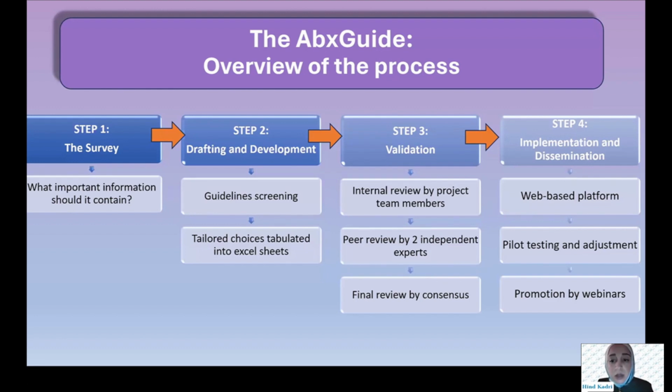We compiled a large amount of evidence from the international guidelines, and we tailored it, depicted certain information in a way that's suitable for low-resource settings. Then we tabulated the data, followed by an initial review by our project team. This was done through multiple discussions and commentaries until we reached an initial final draft. Then we had it externally peer reviewed by independent experts in other societies. And again, the data was adjusted by consensus to reach a final draft that could be implemented into the